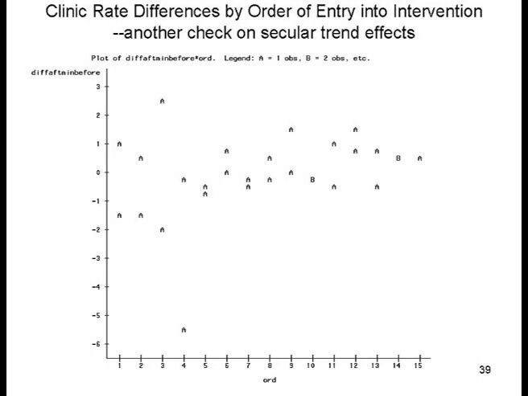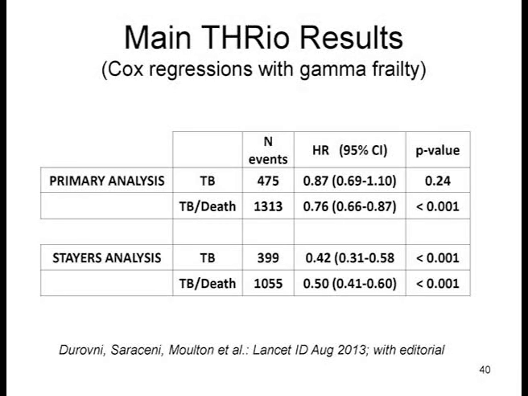Anyway, so here it is with the actual Cox-type model regressions. The absolute main effect was only 13%. Pretty big p-value. But TB or death, that was looking pretty good. They got 24% reduction. It's a little bit better. And if you look in the stairs, then we get the effects of 50%. I mean, we know isoniazid works, so it's not too surprising. And it's just that we found out when we were looking at the data, it's taking a lot of time to get people, even in the intervention clinics, tested and on the isoniazid and so forth.